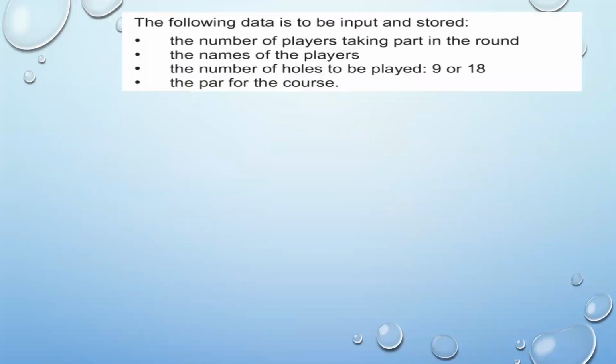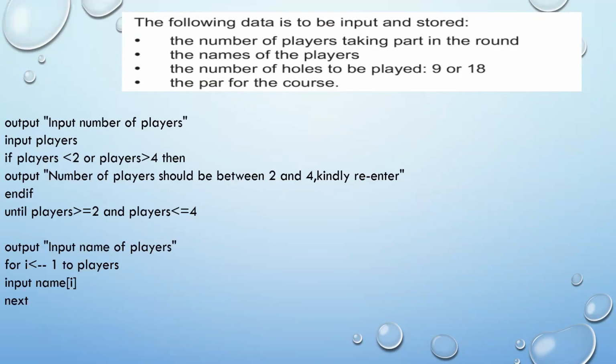Now moving to the second part, again a part of task 1. The following data is to be input and stored: the number of players taking part in the round, the names of the players, the number of holes to be played, 9 or 18, and the par for the course. So I'm breaking this part again into 2 parts. First, we'll see the pseudocode for storing the number of players taking part in the round, as well